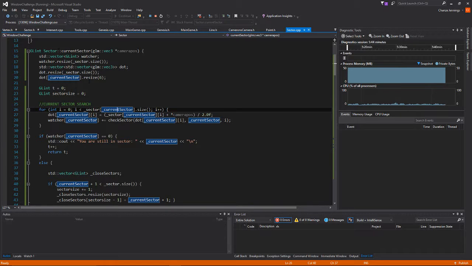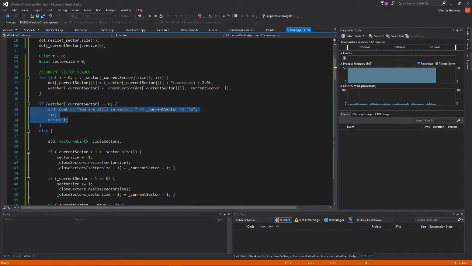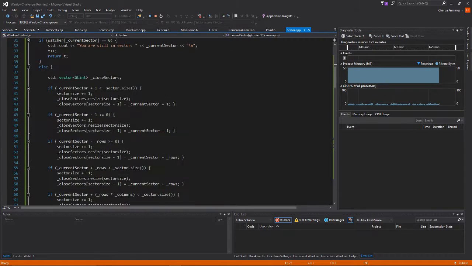So it goes into this function, it searches the current sector that I'm in, and if none of those add up and I'm not out of range, then it keeps the watcher for that sector equal to 0, and returns true that I'm still in that sector, and then it just gets out of that function. So you're only keeping watch of 6 things until it changes, and then once it changes,